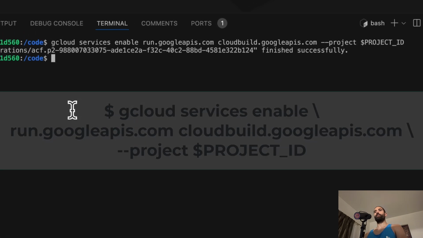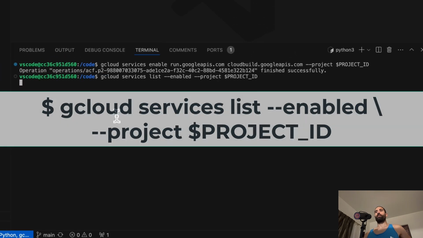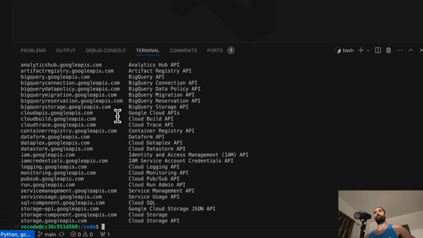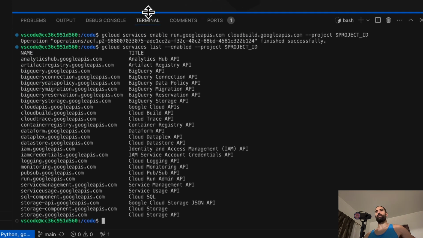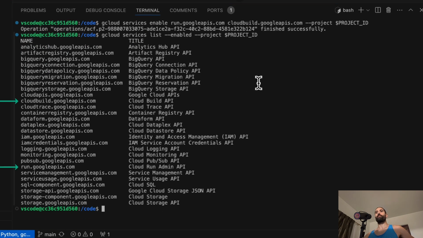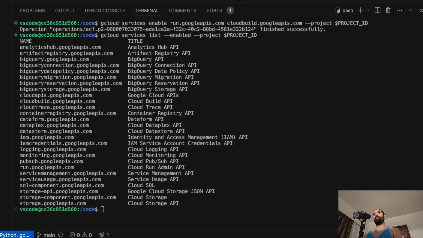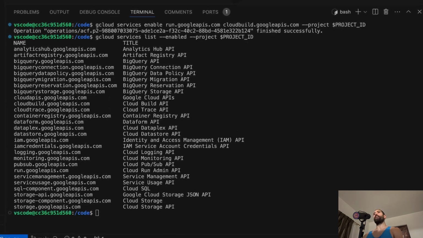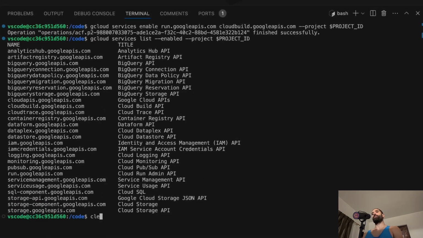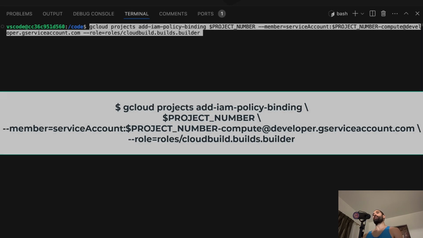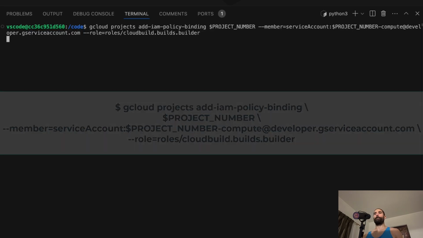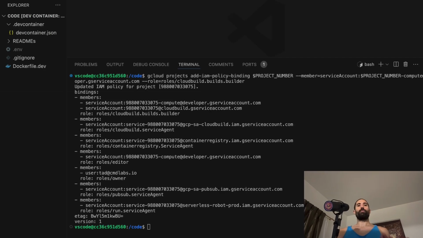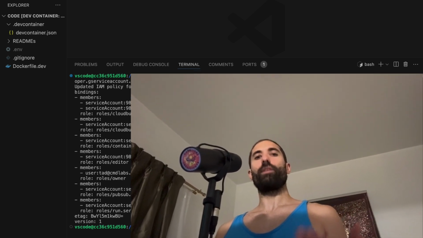And after that completes, let's list the enabled APIs on our project, and we can see that this list has grown by 2 entries. This next command will give the Cloud Run API in our project permissions to talk to a number of other APIs in our GCP account. Okay, that takes care of all of the permissions and APIs we need to enable in order to run a